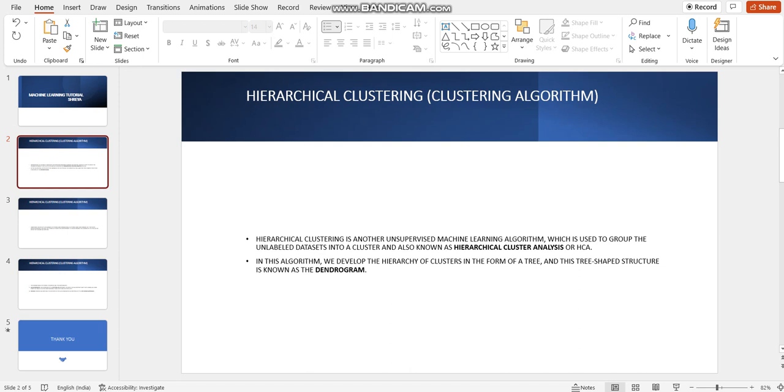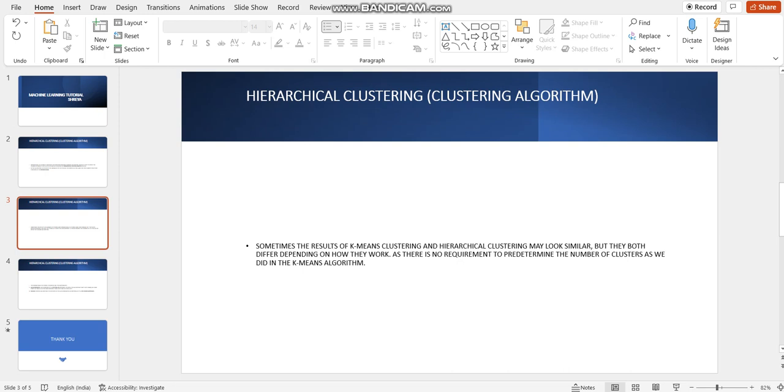And here we also saw that hierarchical clustering is also known as hierarchical cluster analysis or HCA. This word, HCA, will now be used in most places, so don't get confused about what HCA is. Keep it in mind that hierarchical clustering is known as hierarchical cluster analysis. So now, moving forward,